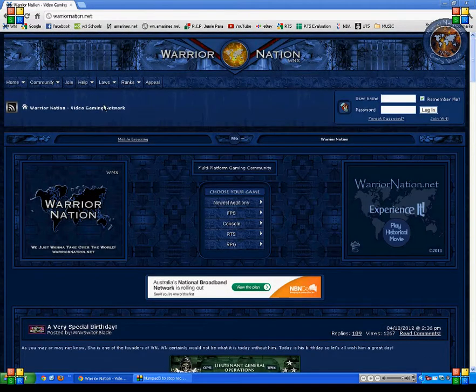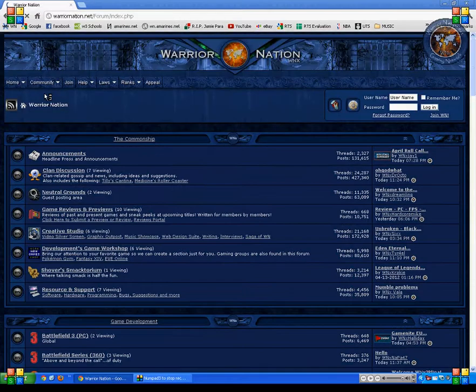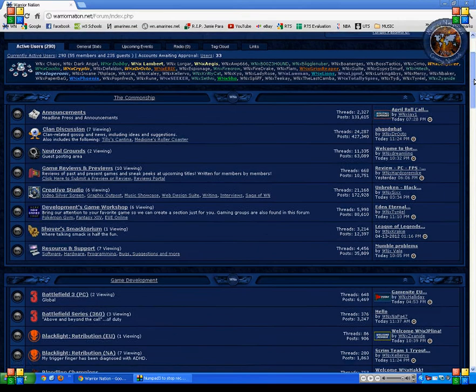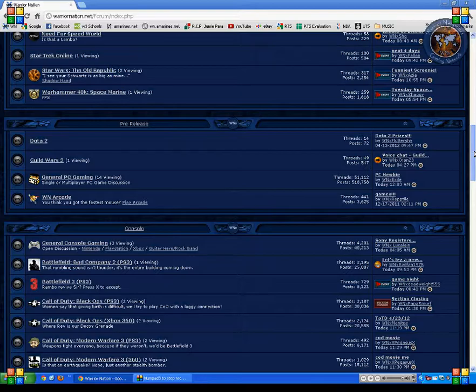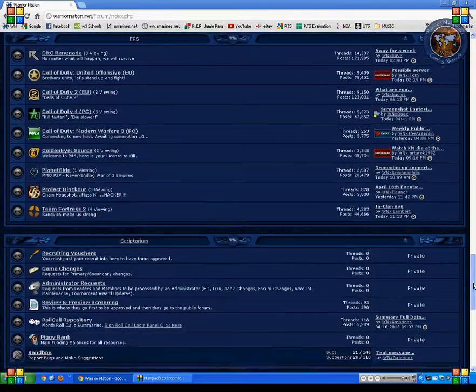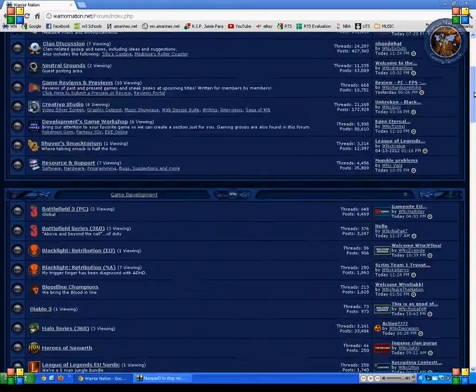So first off, we're going to go to the top left here at the navigation bar and head to the forums, which is just under community there, and that will load up the forum index. Now basically in Warrior Nation, forums are the primary method of communications. You've got events there. We organise our structure through the forums, our member counts, and you'll get to use those